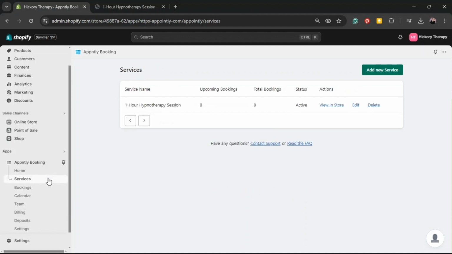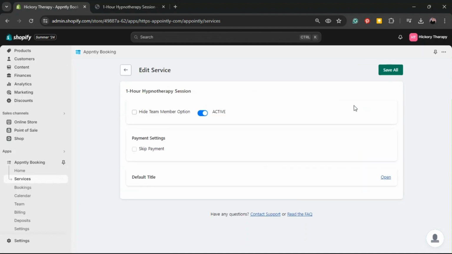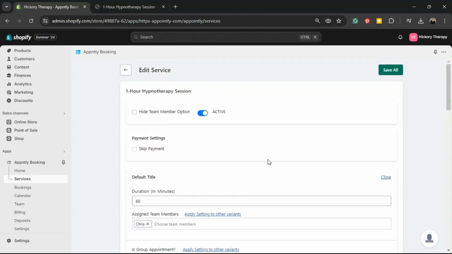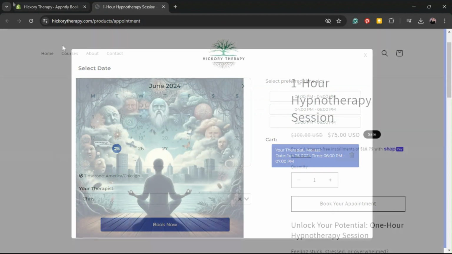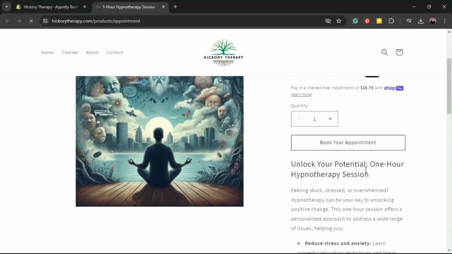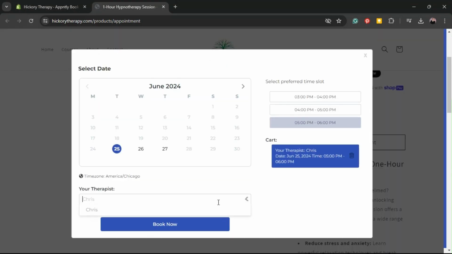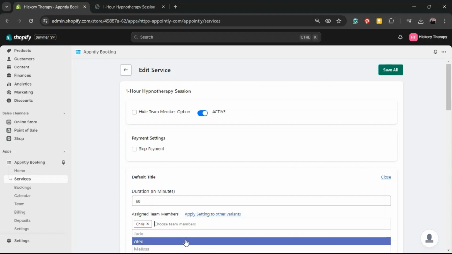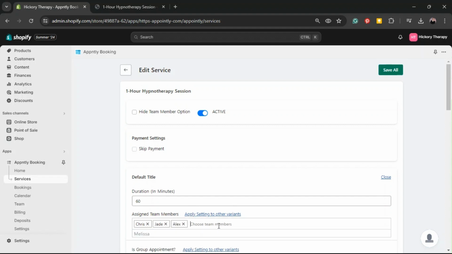Then I went to services and clicked edit my service, opened the extra settings, and originally there was only me listed as the only therapist. So if I change that and then refresh this, you'll see that I'm the only person in this drop-down menu, which is kind of why it was frustrating to me. Then if I go back and I add my other team members, so there's Jade, Alex, and Melissa, and click save,